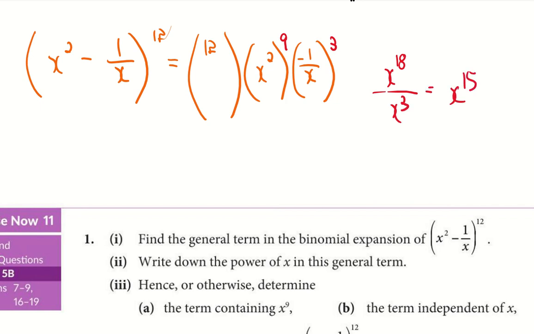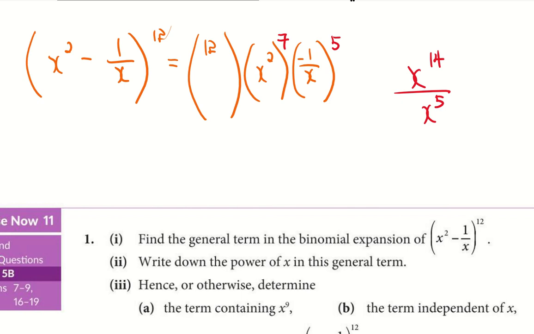Is this a good choice? No. That means I did not choose correctly. I must choose smaller because I don't want x to the power of 15. I want smaller. So I erase my power. Let me choose another. Teacher, how about we choose 7 for the first bracket? Then if I choose 7, the other one must be a 5, right? Let us check our working. X to the power of 14 over x to the power of 5. Do we get x to the power of 9? Yeah, so this is the correct